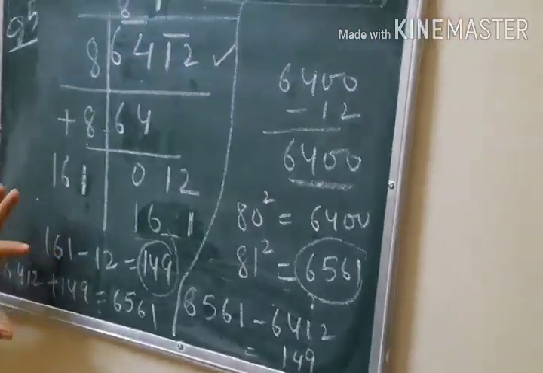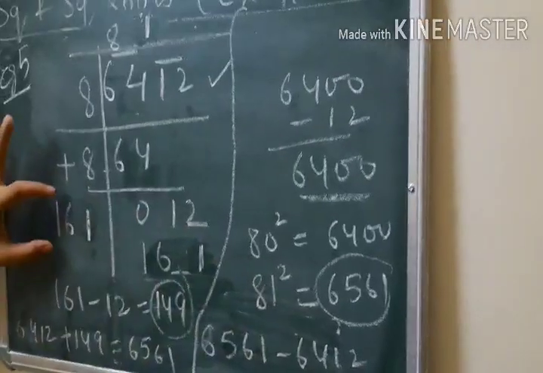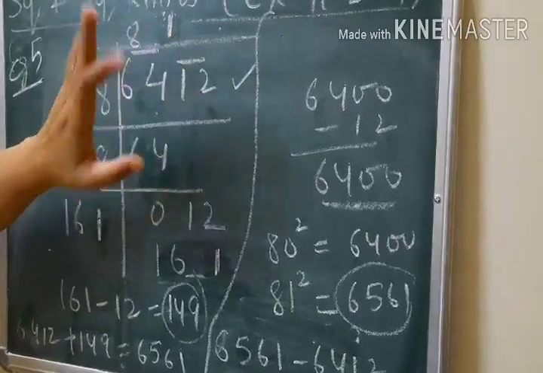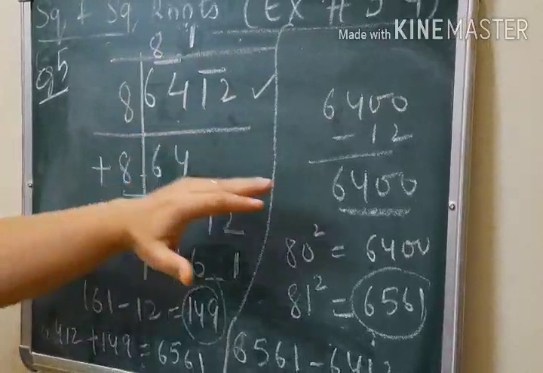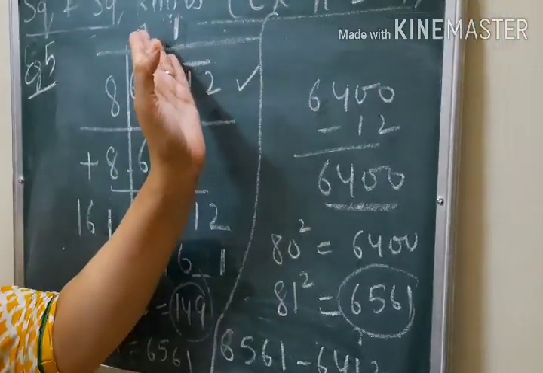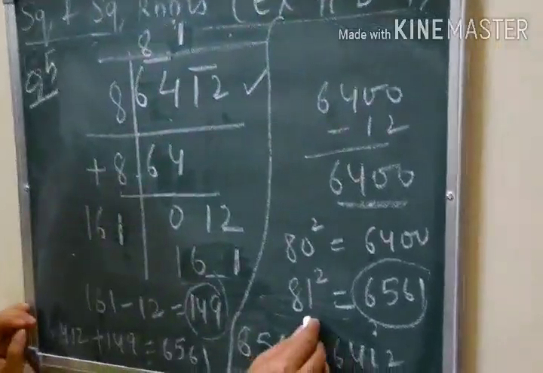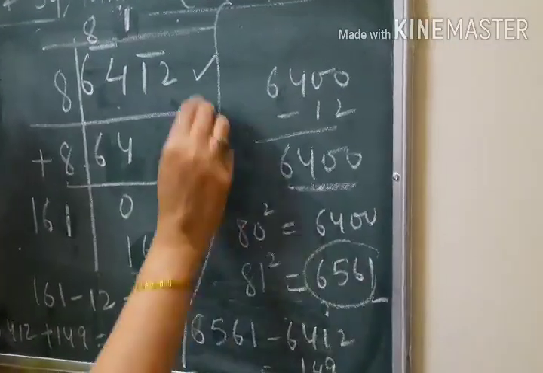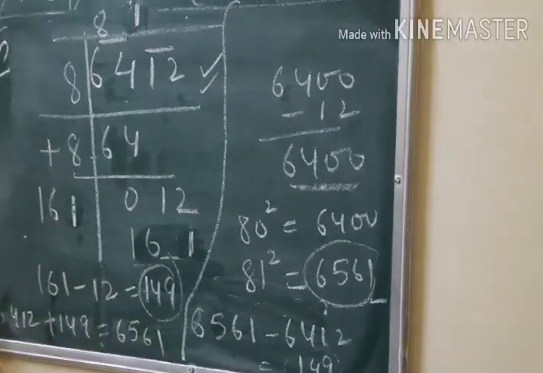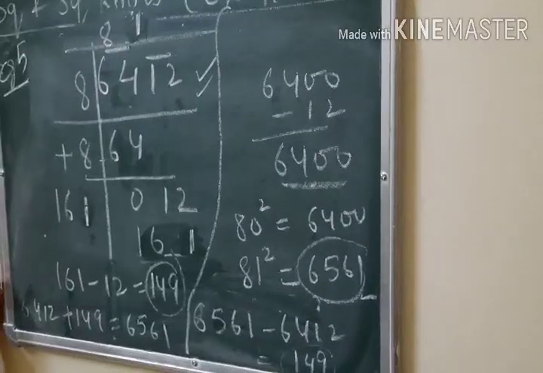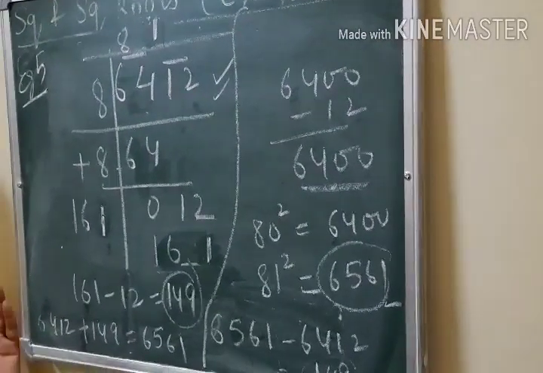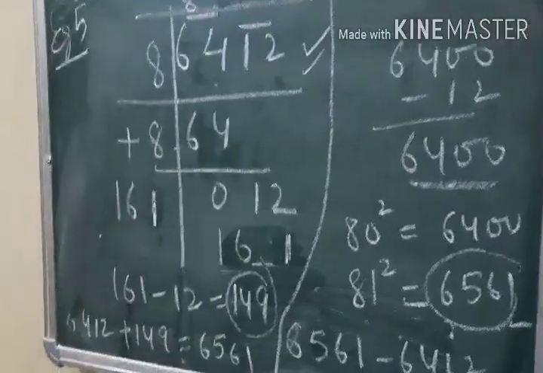This is the first method. Second method, I told you that when you put 0, we get 80 as the answer, but we don't want that because this number is smaller than this. So we'll increase one number in it and find the square. 81 square is 6561. This number and this number will be subtracted. Whatever answer you get, that answer needs to be added to this number. So these are two methods. Whatever method you feel is easy, you can do that. So this was your question related to addition.